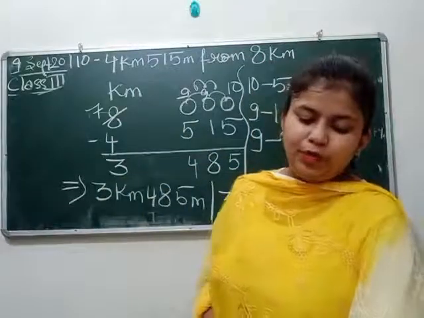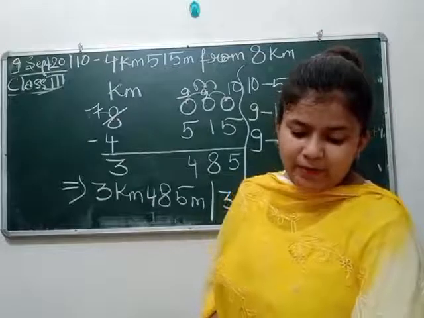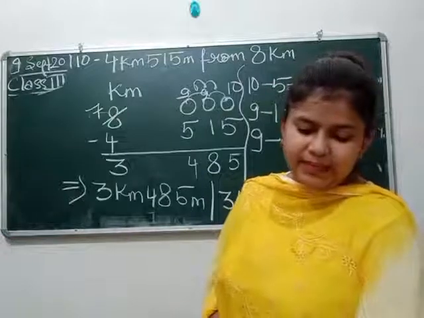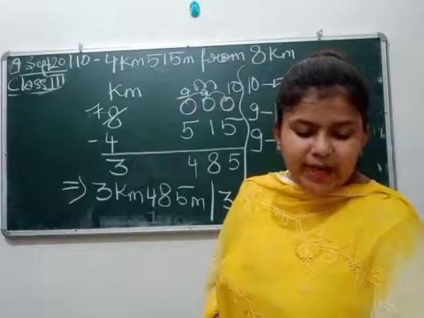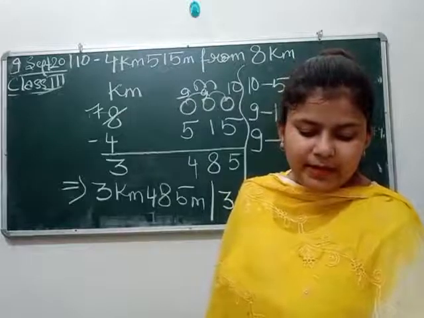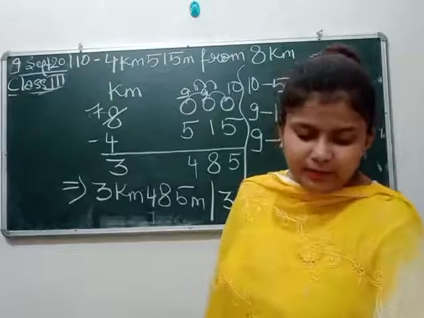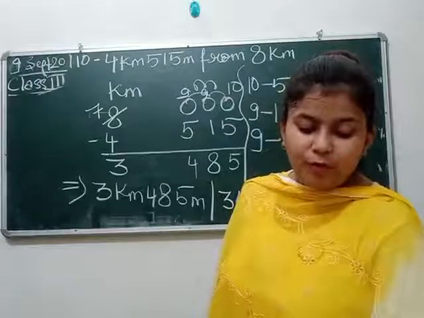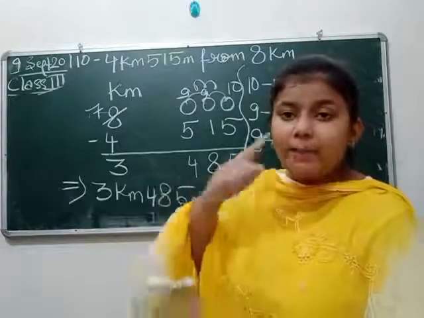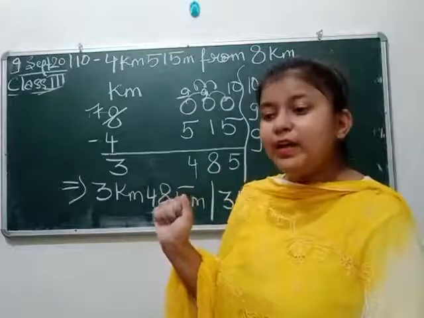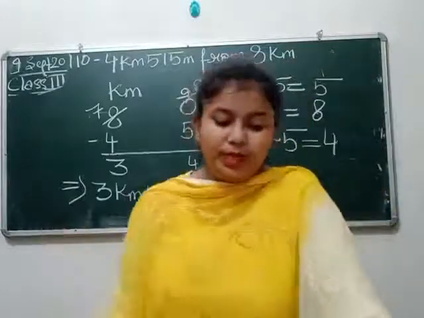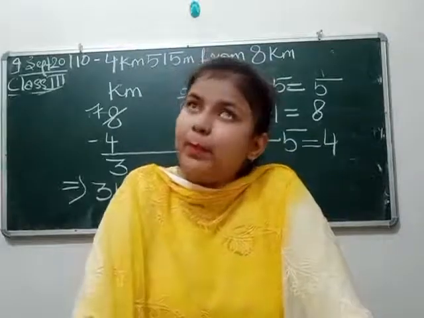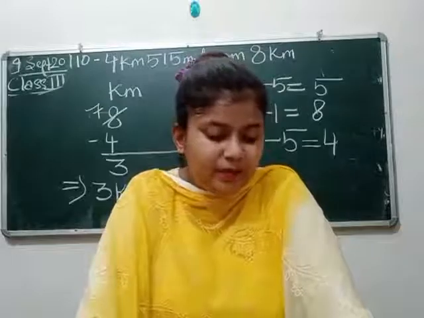Now before moving to question number 12, I would like to explain example number 5 that is given on page number 136. That example says, Abhishek bought 89 meter and 39 centimeter thread, that is manja, for flying kites. Once his kite was cut, 37 meter 48 centimeter thread went with it. It happens with you too, when you fly a kite with manja, sometimes the kite gets cut. When the kite is cut, it takes that much manja with it. So the same thing happened with Abhishek also.